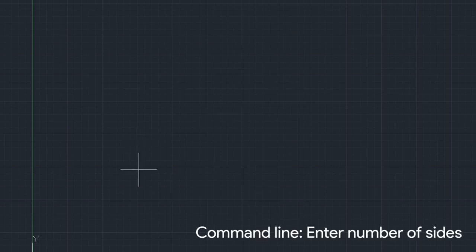Then you use the polygon command. Then you are asked for the number of sides, 5. And then,